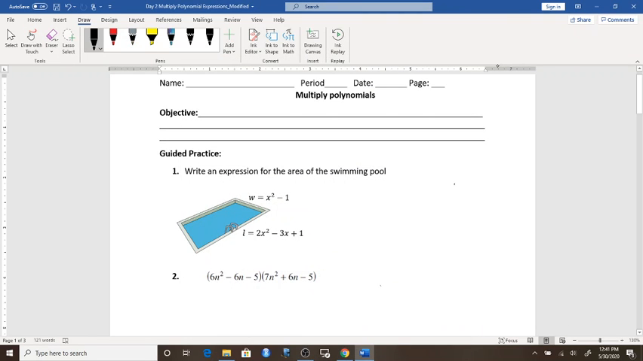Hello guys, in this lesson we're going to learn about multiplying polynomial expressions, and we can multiply polynomial expressions either by using the distributive property or by using something that I used to call the box method. So in our objective we're going to write that by the end of the lesson